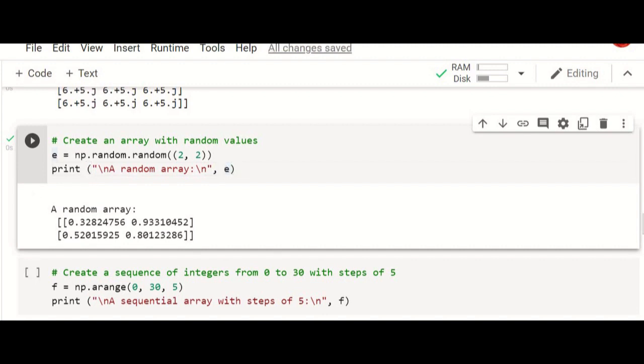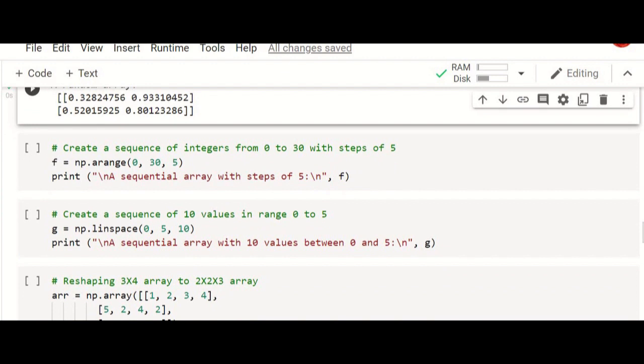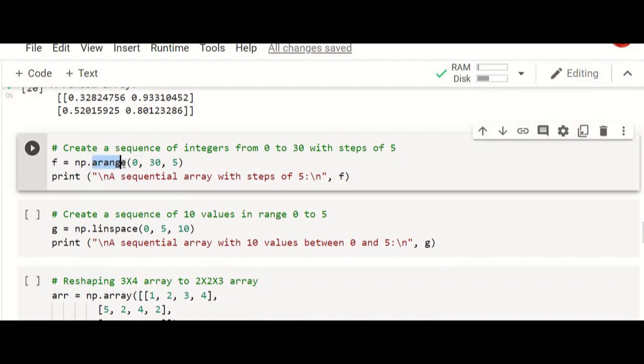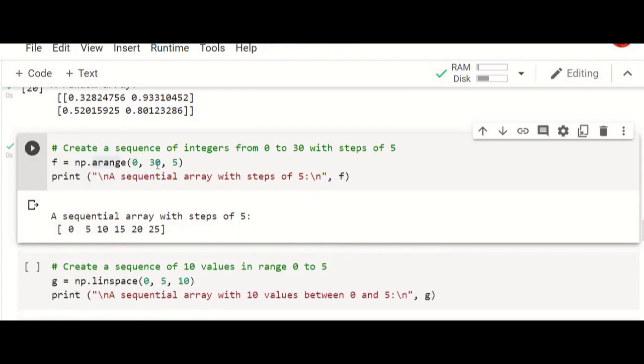So there are different ways to use the random function, and this is one simple way. And we can create a numpy array using this arange function. This is the second way. np.arange of 0, 30, 5. This means that from 0 to 30, the elements have to be generated. The arange function can be used only when you are going to generate some values within the given range. So from 0 to 30, elements have to be generated by skipping 5 elements. That means the step size is 5. So you will have the output like this.